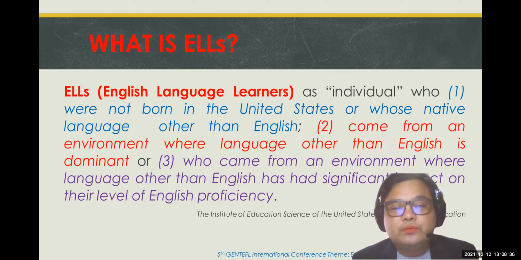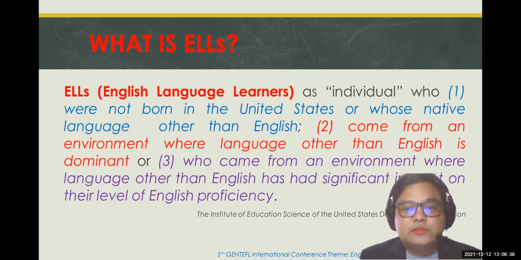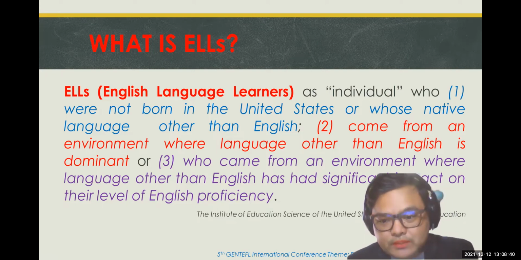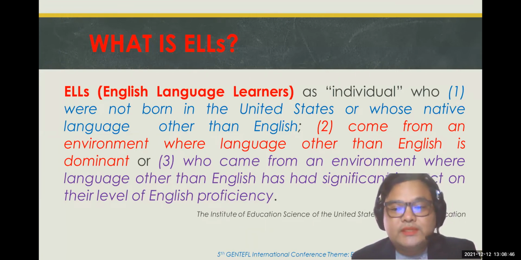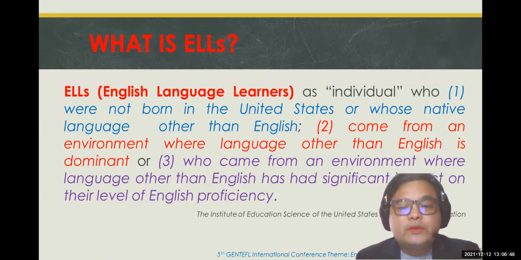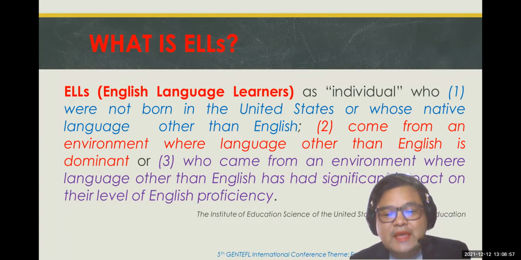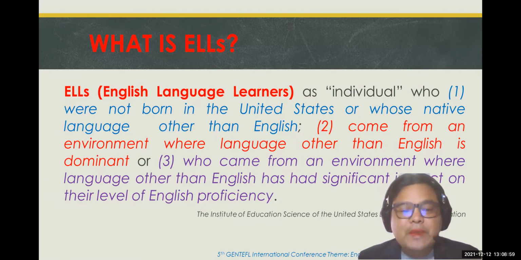For example, we Filipinos, okay, English is not our mother tongue. Our first language is Filipino, okay? And then the second one is someone who came from an environment where a language other than English is dominant. And the third is someone who came from an environment where a language other than English has had significant impact on their